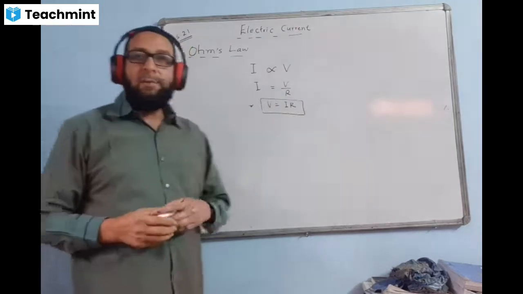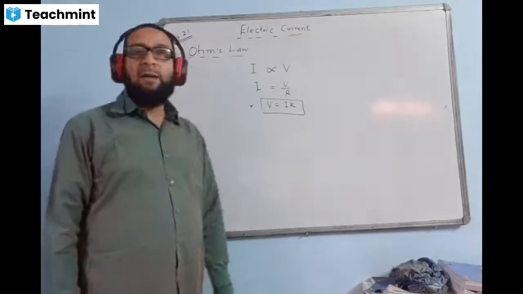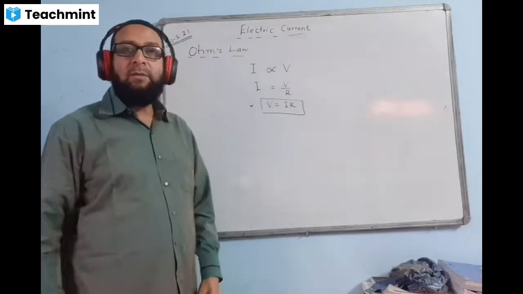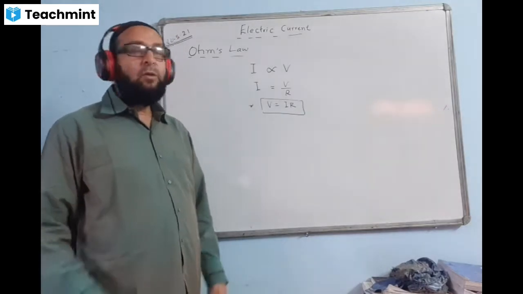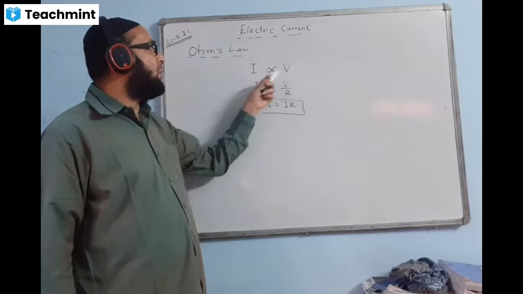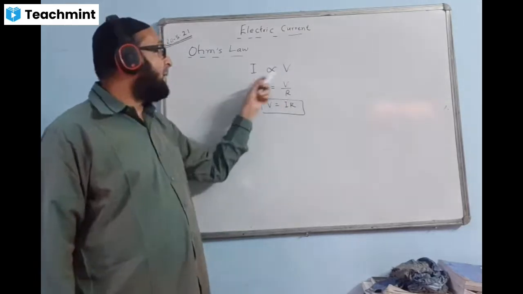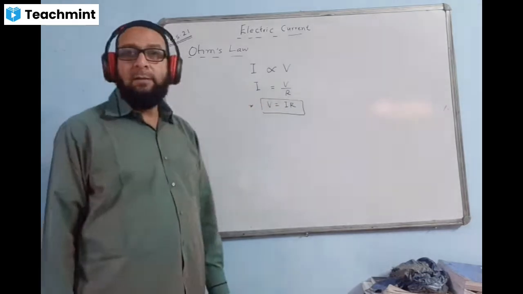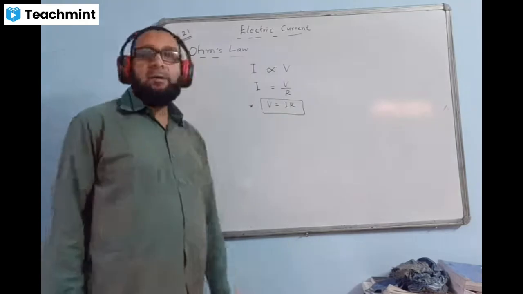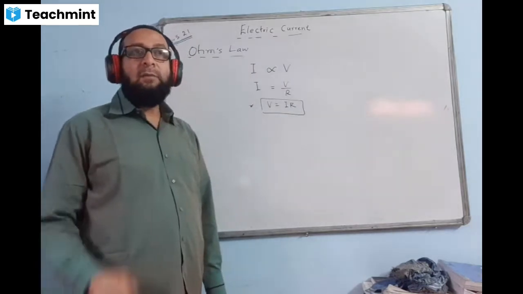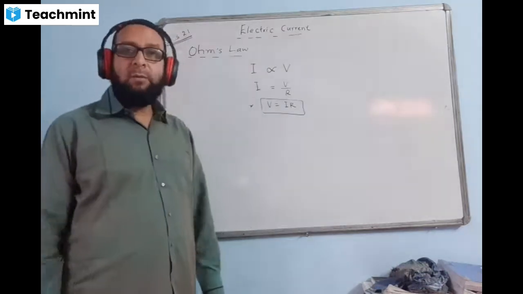So this statement is not important, because this was a lower class statement, class 9, class 10. So probably they will not ask you in ISC. State Ohm's law will not come. But Ohm's law says that current is proportional to V. V means voltage or potential difference. More the voltage, more the current. Less the voltage, less the current. And the constant here is R. R is called resistance. So Ohm's law gives us the formula V equal to IR.